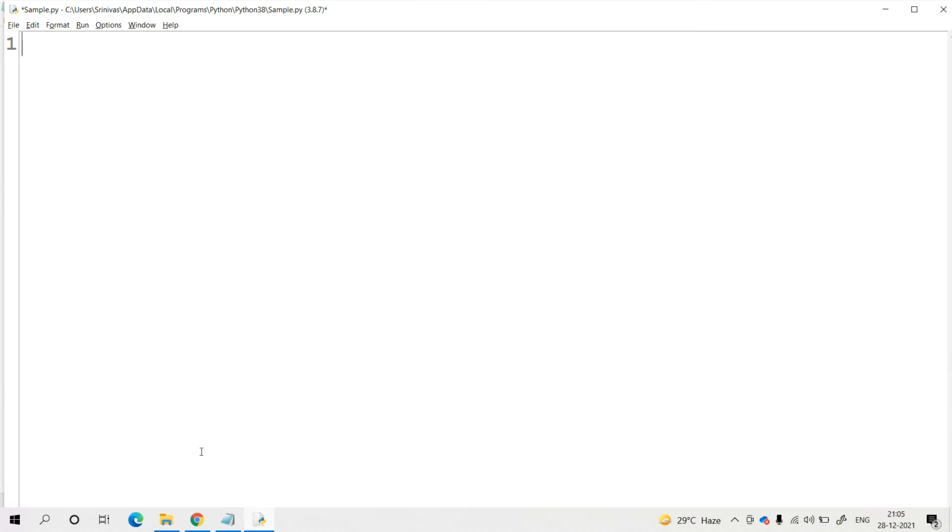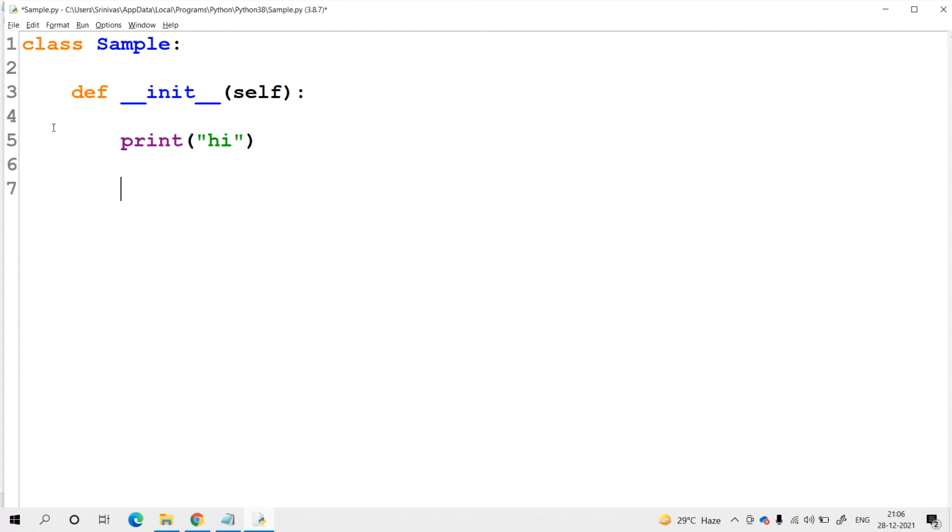Now let me take one Python program. Let me take one simple class. The class name is sample. For the sample class, if you want to define the constructor, it is very simple. With the help of the def keyword, we can define one constructor. The method that we need to use here is init with underscores. Within this init method, we need to use one important default parameter, the parameter name itself is self. Within the constructor, we can write a group of statements. Let me print one simple message, hi.